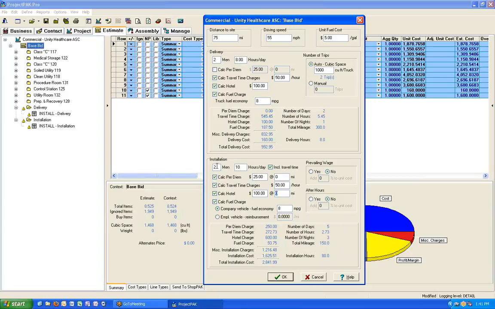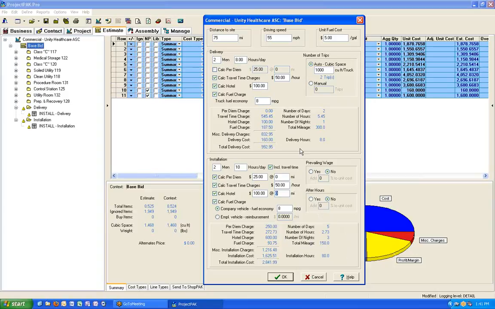Because it knows, based on the hours and the number of guys and the hours of the day you're going to work, this is how long it's going to take and how many nights. So that was the idea, that you could check it on and off and then look in real time what the charges equate to. And that's why we put this extra information here so you can see what these charges are based